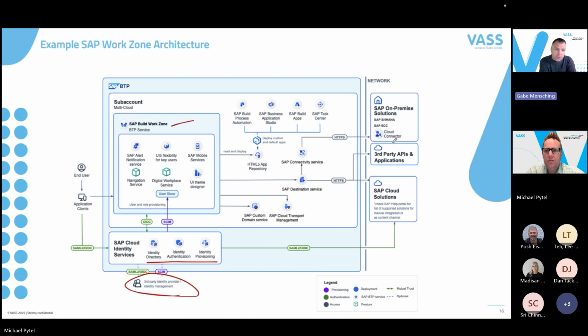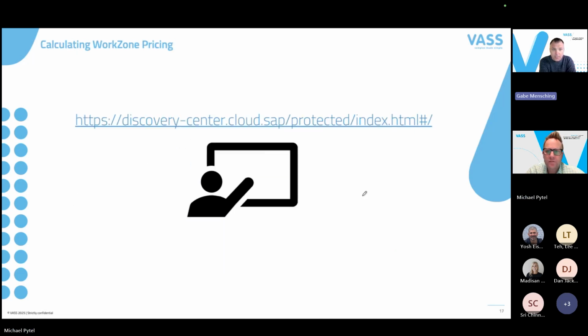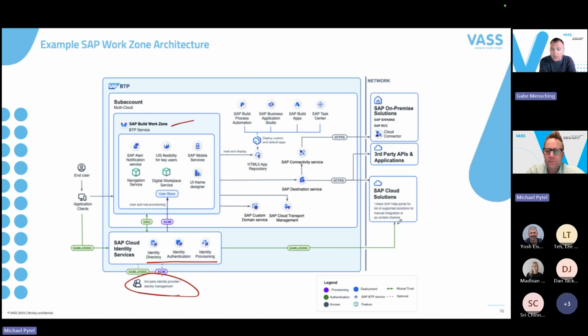And so also you can see the authentication clients there on the left, whether that's on a mobile device, on a desktop, whatever the case may be, that it communicates directly with those identity providers via the authentication service. And then when we look off to the right, we have the sub-account that the Work Zone service is a part of, and that's where we have other SAP Build functionality, where we have the Build Process Automation, the Application Studio, the Build Apps, and the Task Center that allows us to easily integrate this functionality with the Build